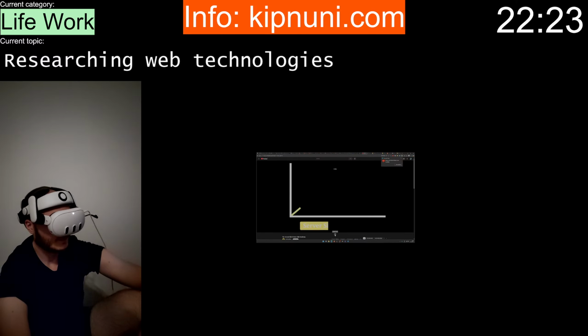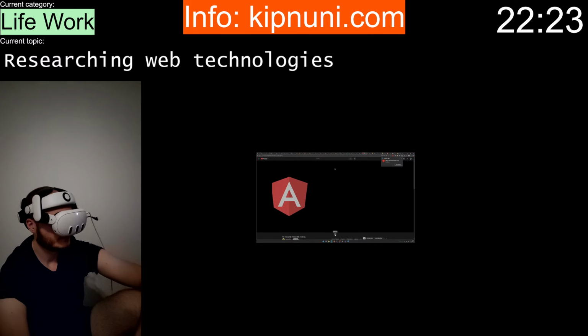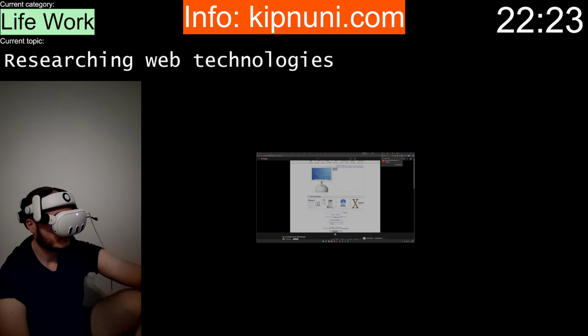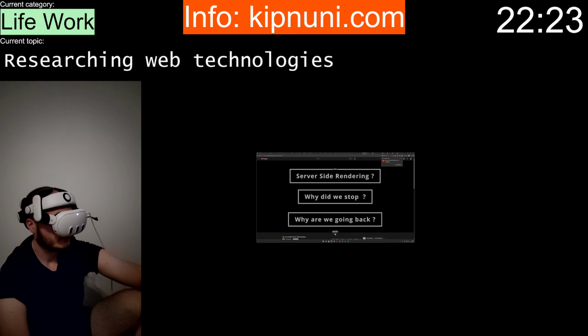In the past few years, we have seen a surge of interest for the topic of server-side rendering with the rise of frameworks like Next.js and the push of frameworks like Angular to support server-side rendering. But if we rewind the clock 20 years ago, we realized that server-side rendering was actually the way many websites were rendered during the rise of the internet in the early 2000s. So it raises multiple questions. First, what is actually server-side rendering? Why did we move away from that? And why are we going back?